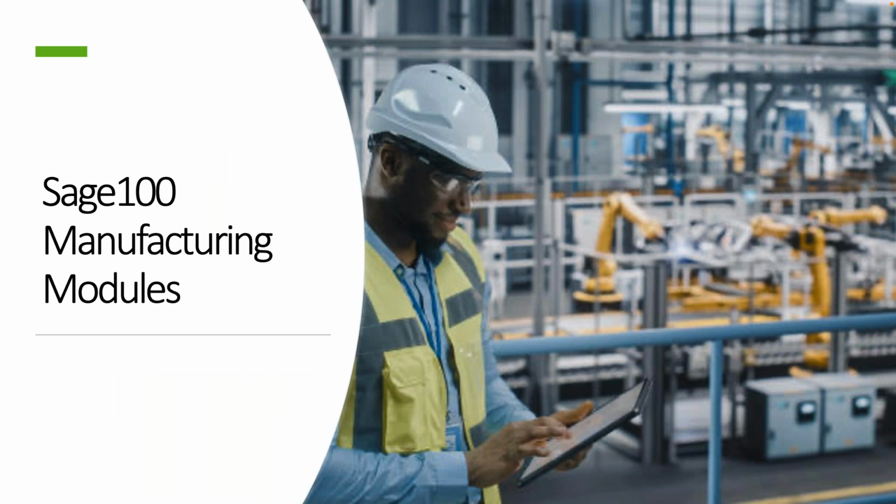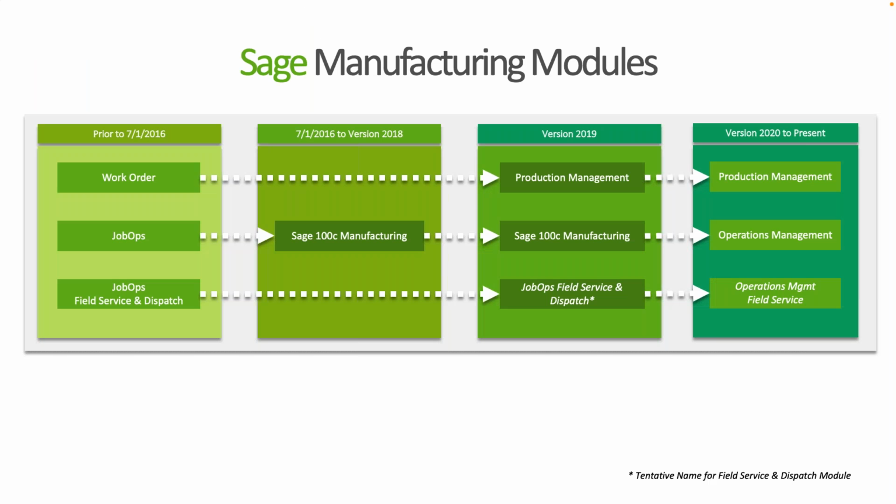Like I said at the beginning, we'll talk about some of the manufacturing modules that Scanco has helped Sage develop and deliver to its customer base, right? There's a lot of questions and uncertainty out here on these, and we hope to help clear those up, right? So historically, you have the work order module. It's a legacy software set that's been around for decades. It's step-based manufacturing with the ability to track labor, parts, do completions, so on and so forth for make-to-stock transactions typically. There have been some enhancements along the road that allow you to do some additional scheduling, outside processing, and make-to-order pieces,